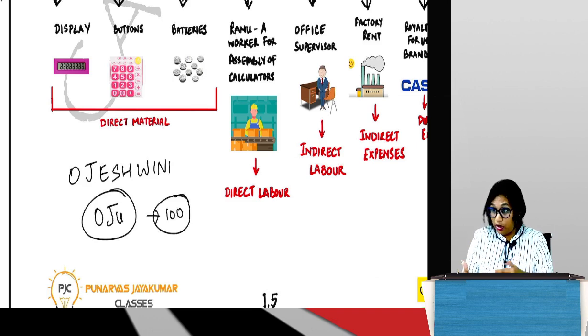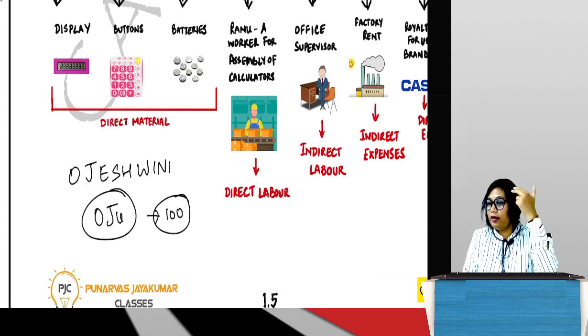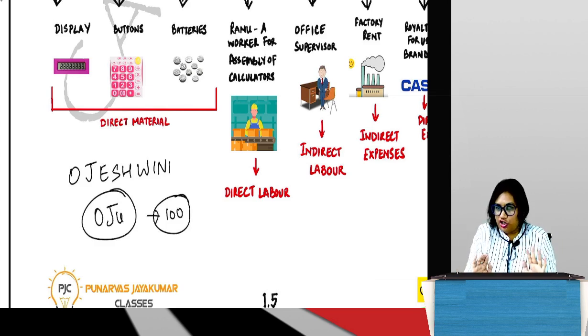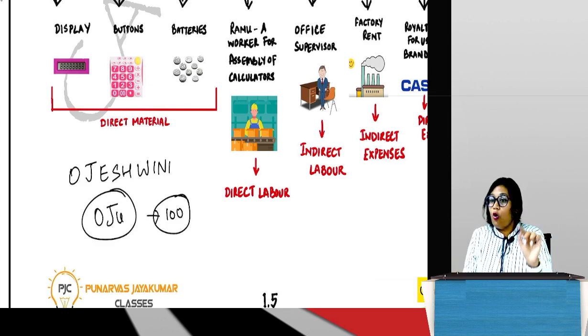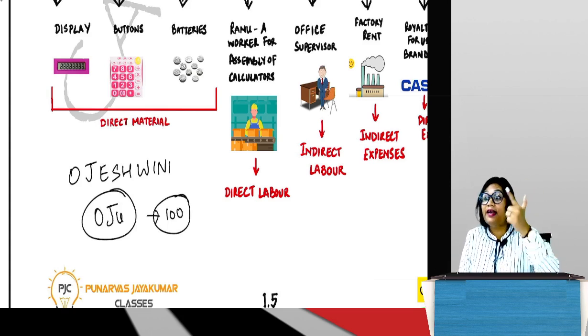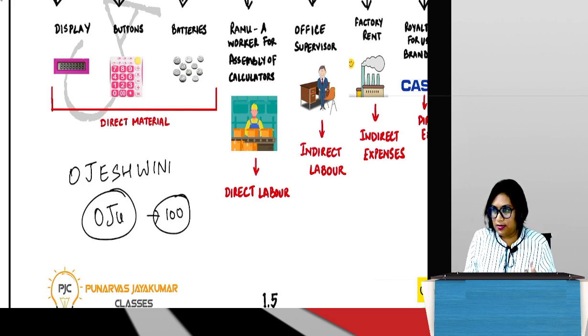This is very, very important. All direct costs plus indirect costs gives me my total cost. Direct costs are nothing but direct material, direct labor, direct expenses, which gives me prime cost. To prime cost, I've added my overheads, which gives me total cost. That's all. This is the only thing we know about cost sheet right now. And overheads are what? Are overheads expenses? No, overheads are all indirect expenses. All indirect expenses means indirect material, indirect labor, indirect other expenses.